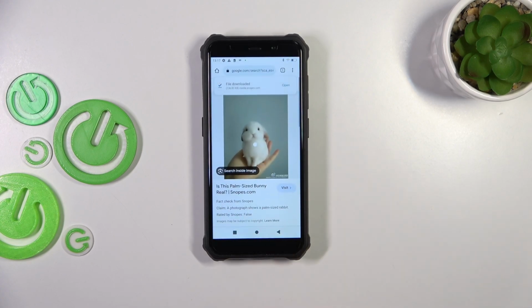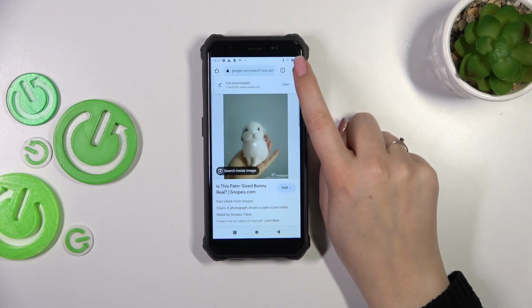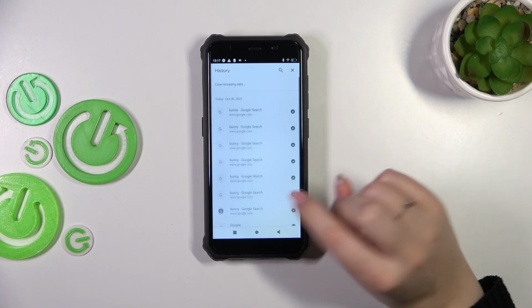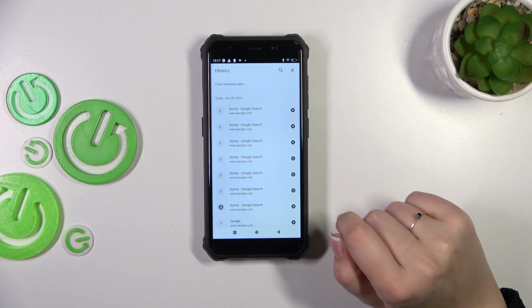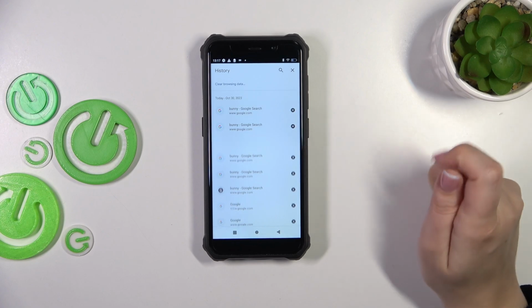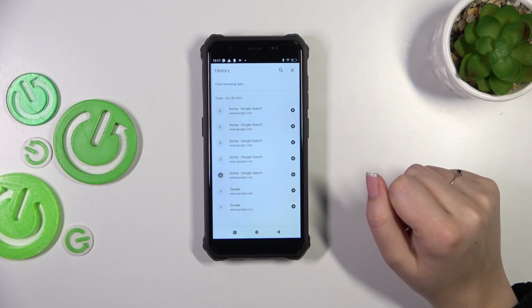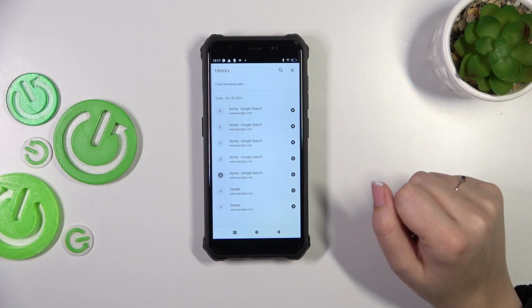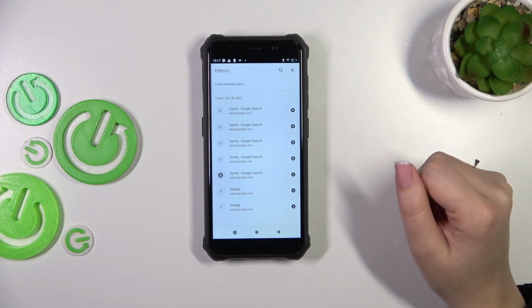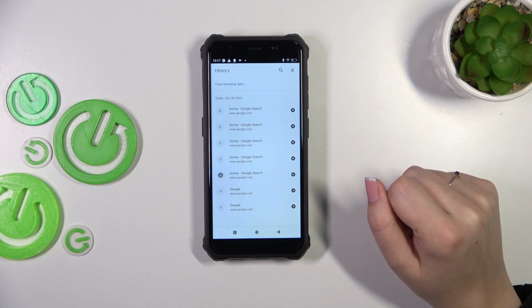So let's open the browser and tap on the three dots icon in the right upper corner. And here let's enter the history. And as you can see, this is the list of all previously visited websites. And of course, if you want to, you can remove them manually one by one just by tapping on this X button right next to it. However, let's be honest, if this list is really long, it will be really time-consuming to remove everything manually, so